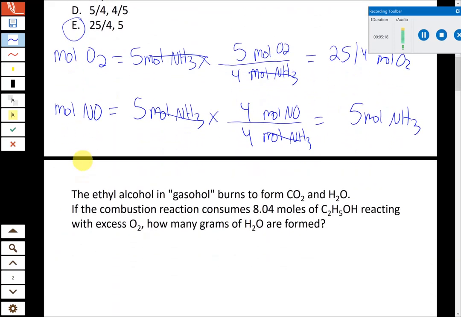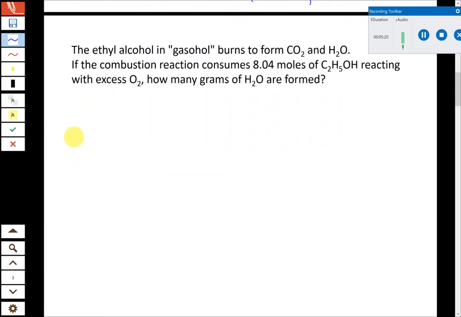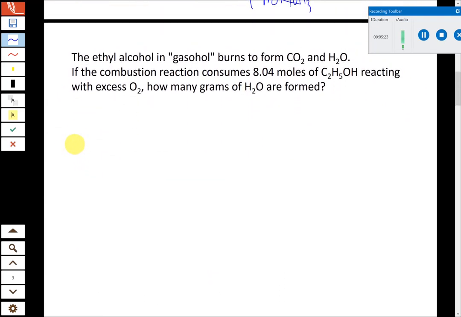But then there are also many other variations on these because we don't often have moles of reactants and products, or sometimes we're asked for a different quantity as our answer. So in this case, we have the ethyl alcohol in gasohol. Ethyl alcohol, ethanol, is an additive found in gasoline, usually about 10% if you look at the gas pumps today. And so the ethyl alcohol in gasohol burns to form CO2 and H2O. That's a typical combustion reaction. If the combustion reaction consumes 8.04 moles of C2H5OH, which is ethyl alcohol, reacting with excess O2, how many grams